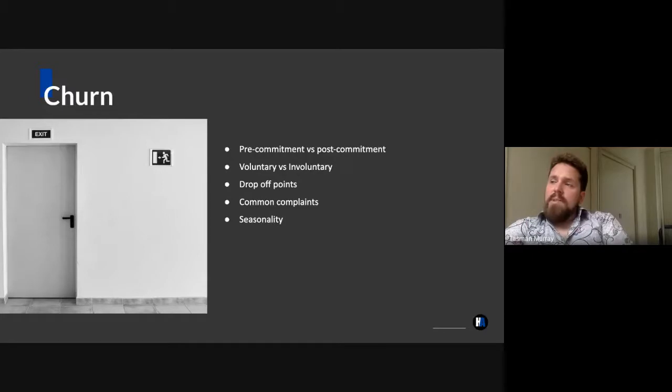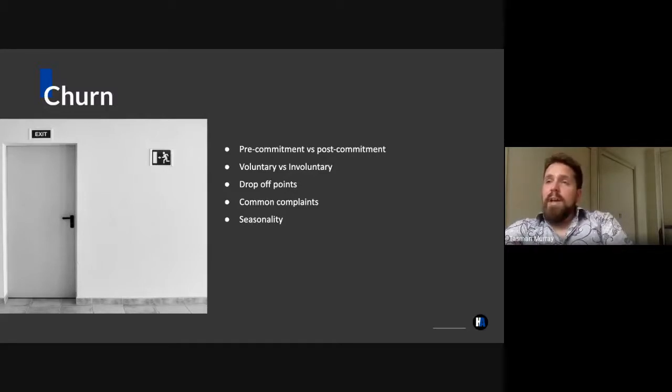But in times like this, understanding whether a churn is involuntary or they've gone somewhere else can help your company in the future. So a lot of people have obviously had their wages cut, had their jobs cut at the moment. And so if you understand those that left you for those reasons, A, there's something you can potentially do from a customer experience perspective to help keep them on, reduce their fees, whatever the case is. But B, you understand it's not your service that's making them leave. It's just not a vital service for them right now. So you can help change the way you're dealing with your customers by understanding that.